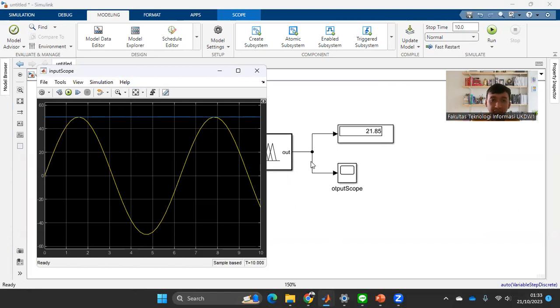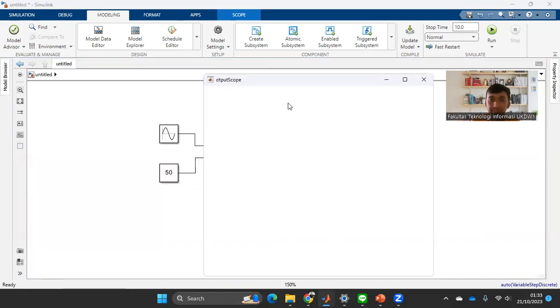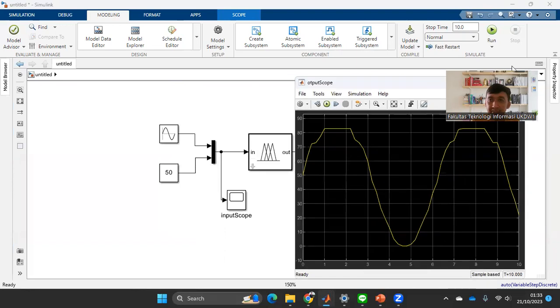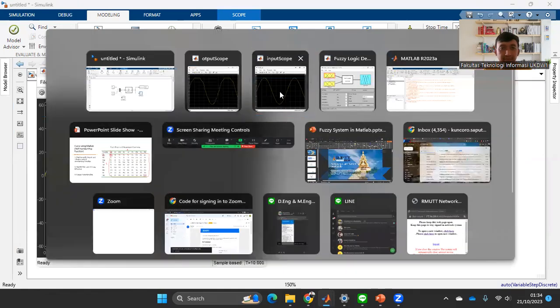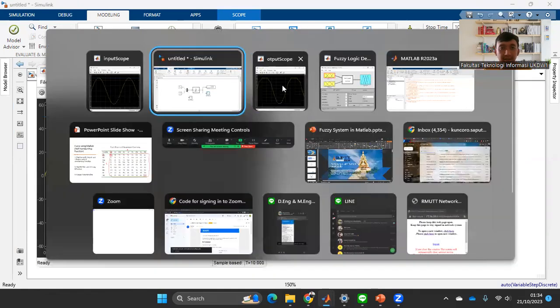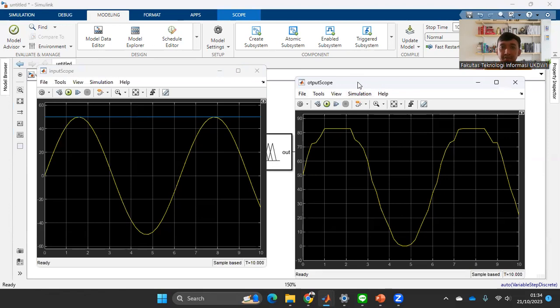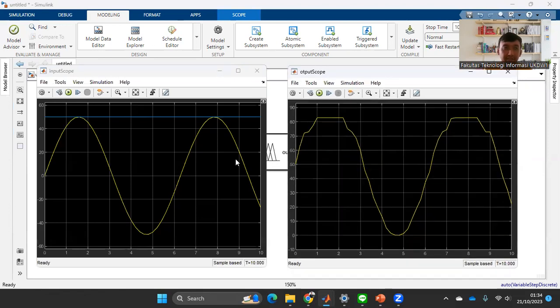Okay, for the output scope, we can display like this, for the input and for the output. So we can change the input to see the different output if we change the input.